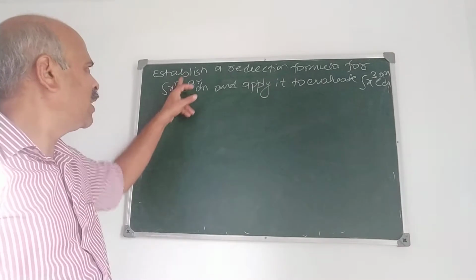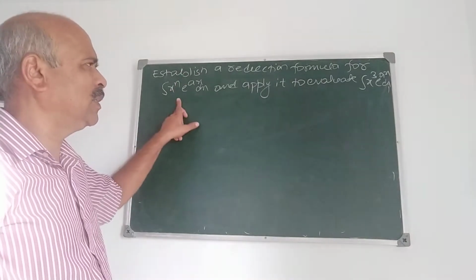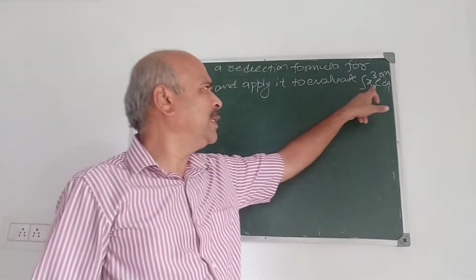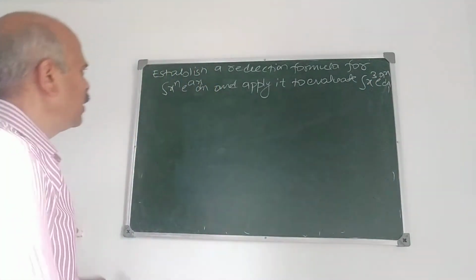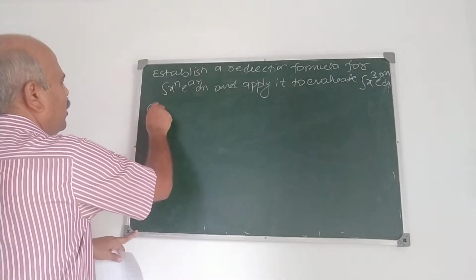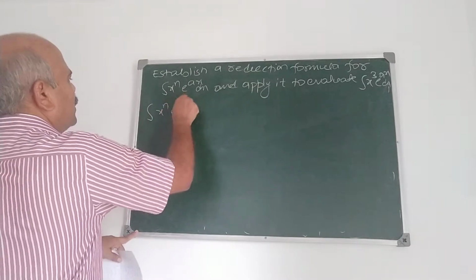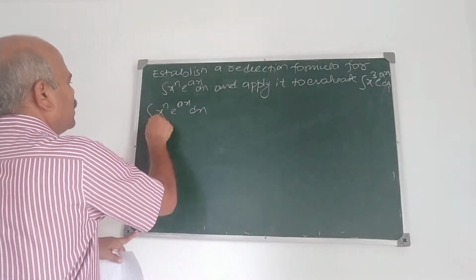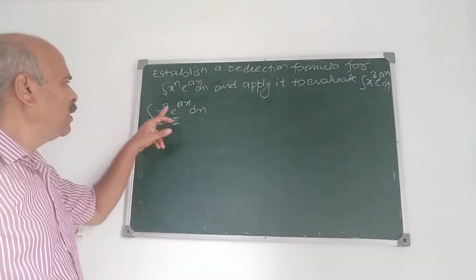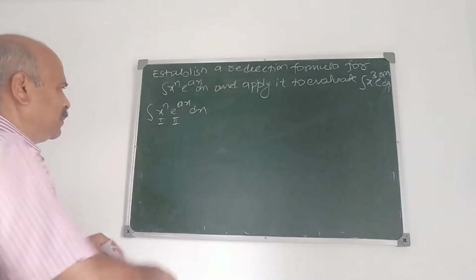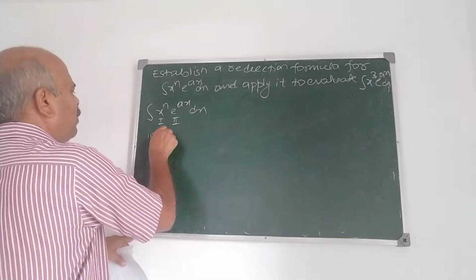You can expect this type of problem here. First is x raised to n e raised to x. Standard form it is x raised to n e raised to x, and we apply that to problems like this. N may be any positive integer. Now formula can be derived like this: x raised to n e raised to x with respect to x. Take first and second function, it is a product. Integrating by parts.